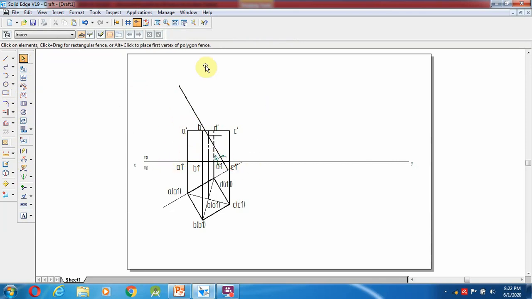Suppose the space should be available within this rectangular one, you have to take, otherwise the print won't come over there. Same like in your drawing sheet also, before doing the problem you have to identify whether the drawing will be complete within the space or not. Otherwise we have to reduce the scale and we can project it. So this has to be done. So once it has been done, then I am going to